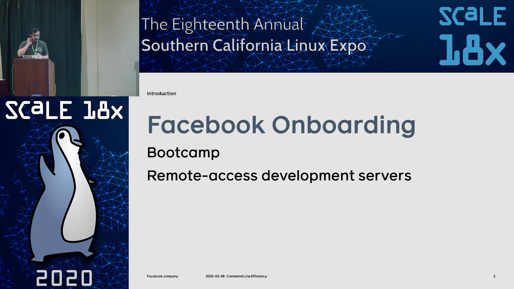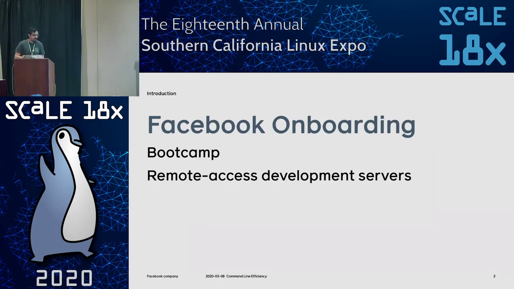This talk is based on a series of internal talks that we provide optionally to employees at Facebook, and a couple bits of context about the onboarding process at Facebook that will help illustrate some of the things that we'll be talking about a little bit later on. All of the engineers at Facebook go through a boot camp. So this is a few weeks at the beginning of your working at the company, where you're just learning how to use Facebook systems, a little bit about our culture, and about the tools and techniques that you'll need to